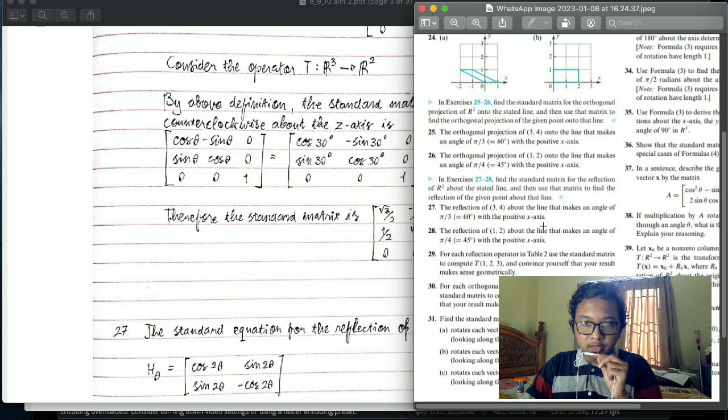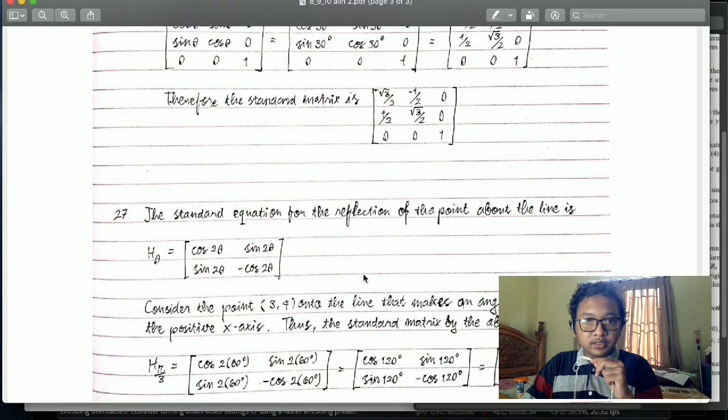Here the standard matrix for the reflection about the line is H theta, which is equal to cos 2 theta, sin 2 theta, sin 2 theta, minus cos 2 theta. So consider the point 3, 4 and the line that makes an angle π/3 with the positive x-axis. Thus, the standard matrix by the above definition is